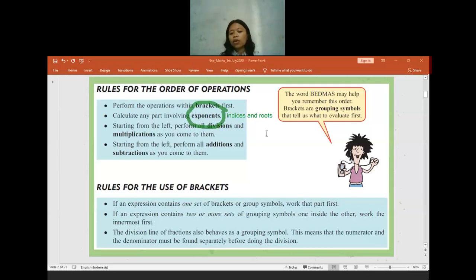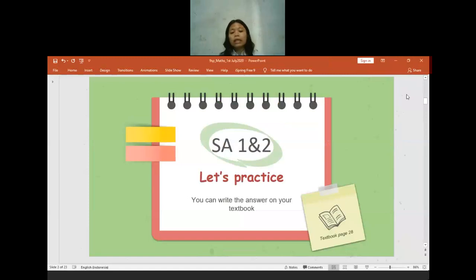Is there anything still confusing about the rules of operation? Is there anyone confused? No, teacher. No? Okay. If no one is confused, it means I can continue. If later you think my voice is not audible or anything is not clear enough, it's okay to interrupt me and ask any question, rather than staying quiet, because I cannot recognize if you have difficulties or not. So please feel free to ask.